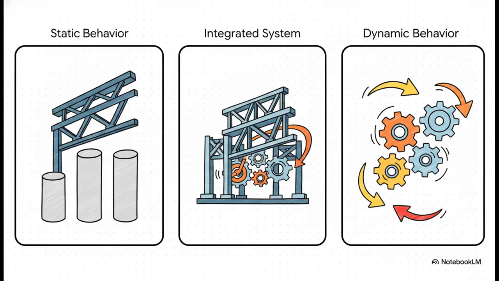To really grasp this integration, think about the core difference between the old and the new. Traditional structural or modular design focuses heavily on the static behavior of a system, what the code structurally is. Object-oriented design, on the other hand, captures the dynamic behavior, how the system changes and interacts at runtime. Multi-paradigm design is the breakthrough that successfully integrates both, allowing static and dynamic behaviors to coexist and actually complement one another.